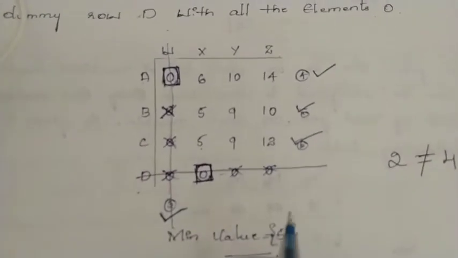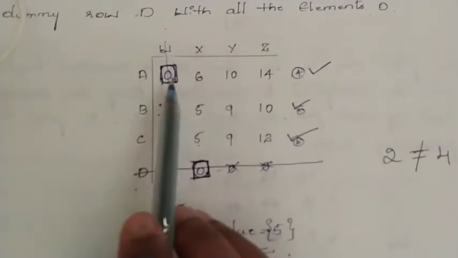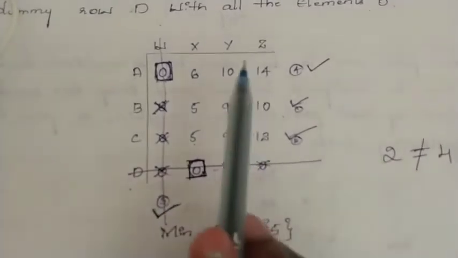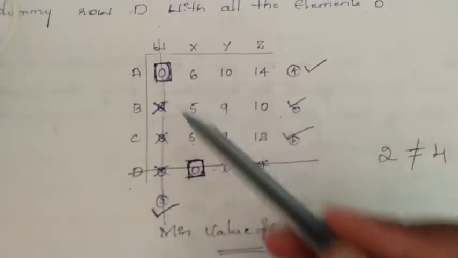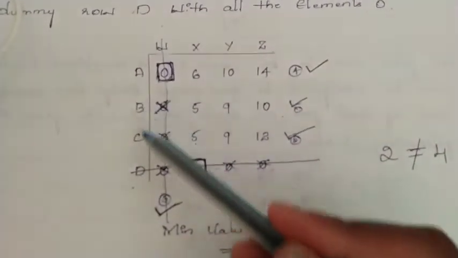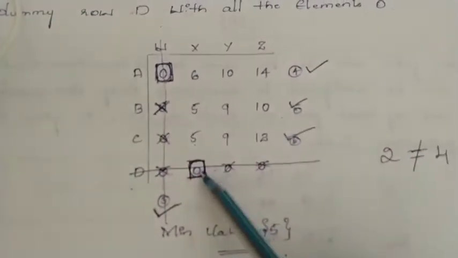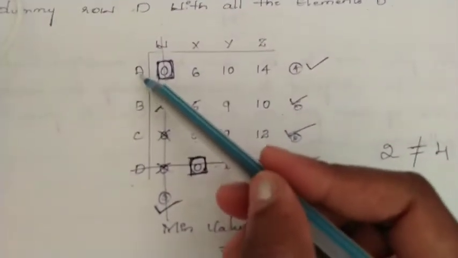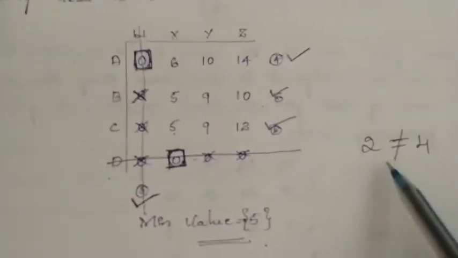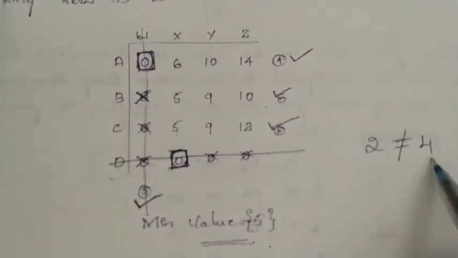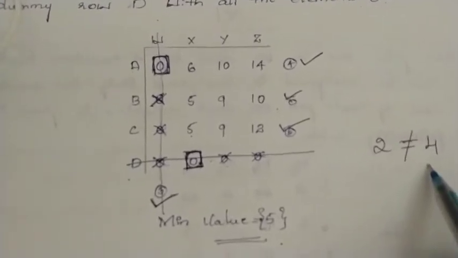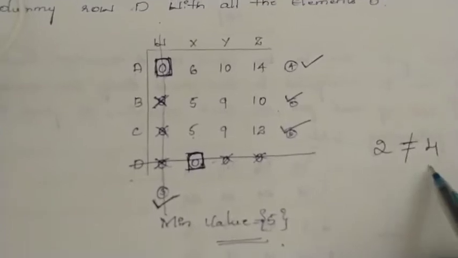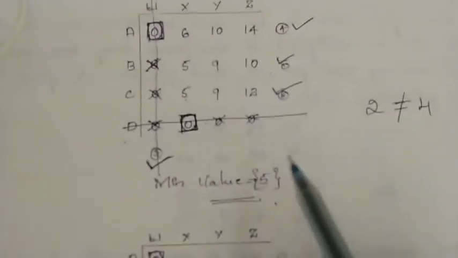Once you do this, you need to now check how many assignments we did in this particular matrix. That is nothing but checking the condition whether the number of assignments is equal to the number of rows or the number of columns. In this we have only 2 assignments, but how many rows are there? There are 4 rows. Therefore, the assignment is not equal to 4. This condition is not satisfied. When this condition is not satisfied, the solution is not optimal. Now next we'll move to the further step.